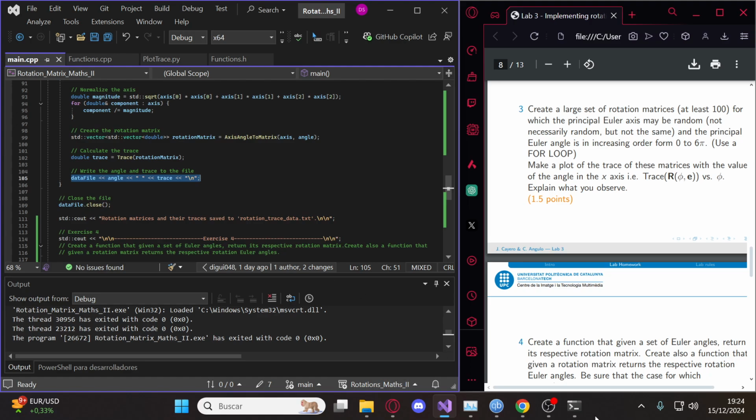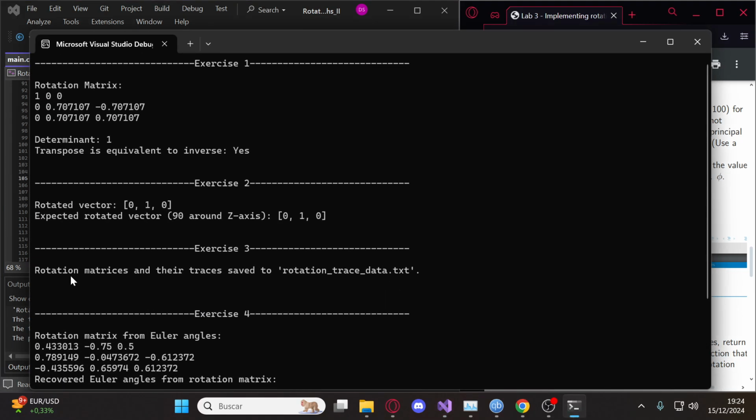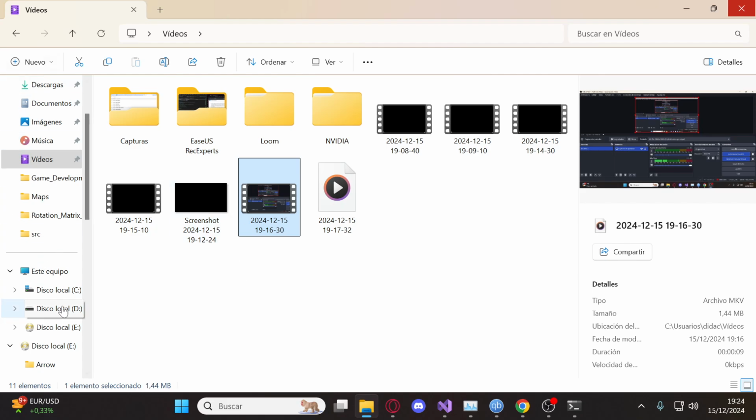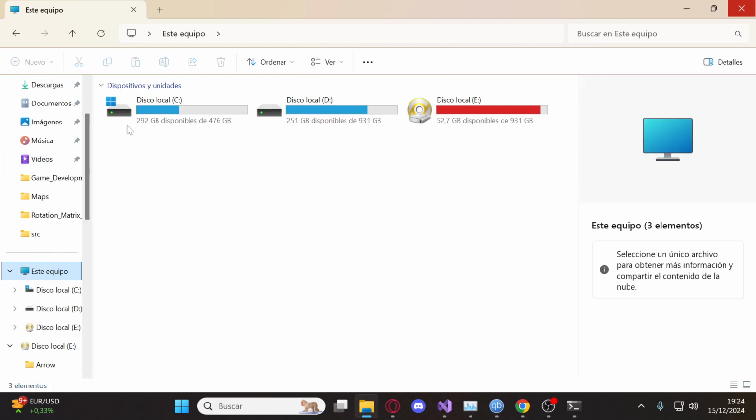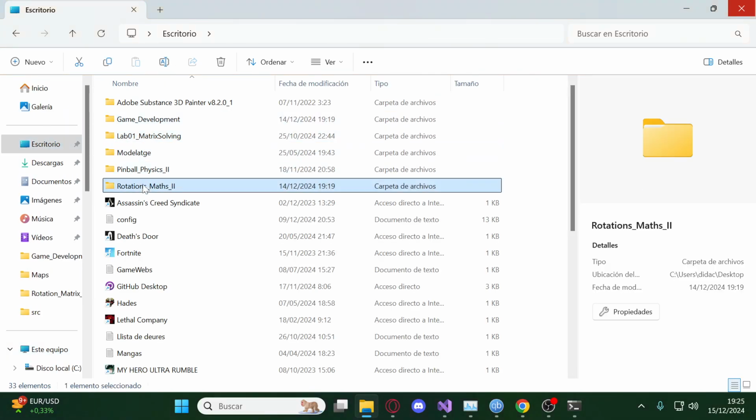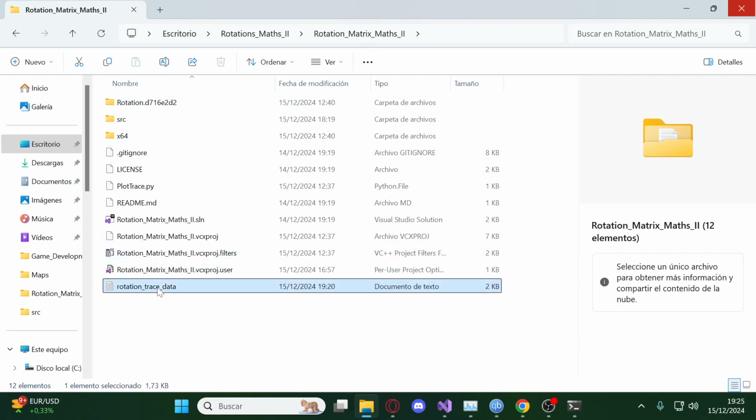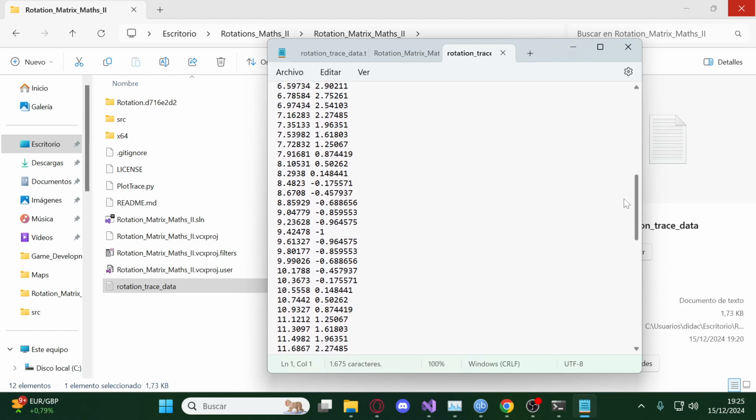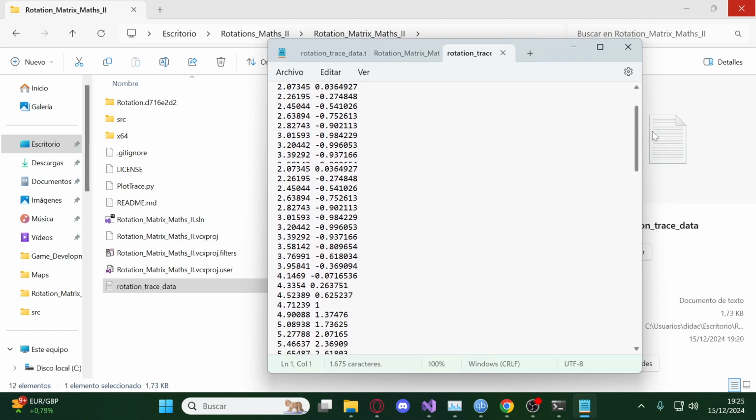And then if we go to the debug mode, it says that the rotation matrix and the trace are saved to the rotation trace data.text. So we go to this, that is here, rotation matrix, rotation trace data here, and here are all the randoms, and here it is. Alright,